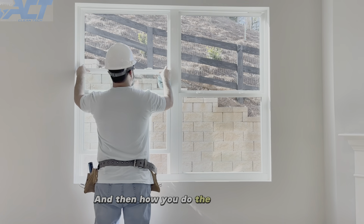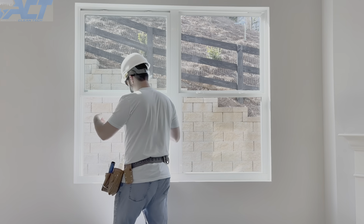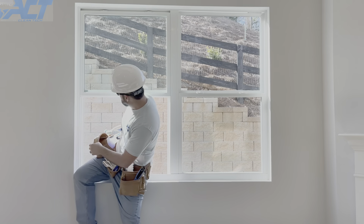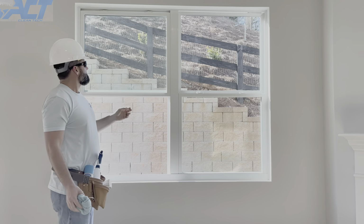And then how you do the top exterior. Lift it all the way up. And step on out. So after that,